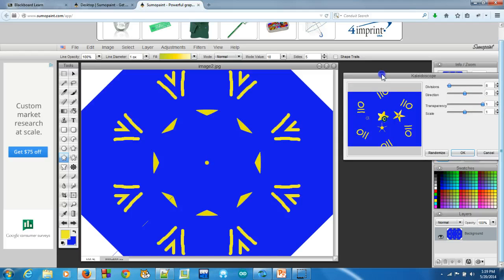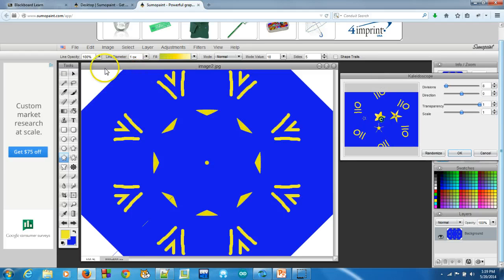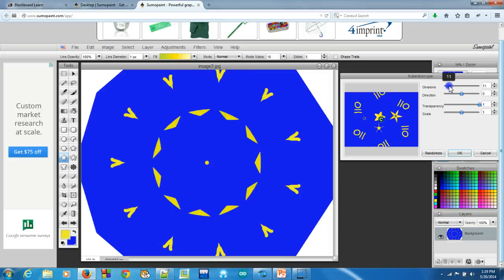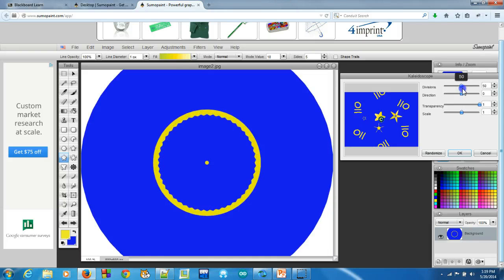And again, what you'll be doing is you'll be setting the window to record just this portion of the screen where the kaleidoscope will be shown. And then while you're recording, you probably want to turn off your microphone so that you're not recording any background noise if you happen to have a microphone on your computer. And basically, you're just going to record some adjustments in the settings for the kaleidoscope. In this case, I'm adjusting the divisions, and I'm just moving them around a little bit. I'll do the same thing with direction,